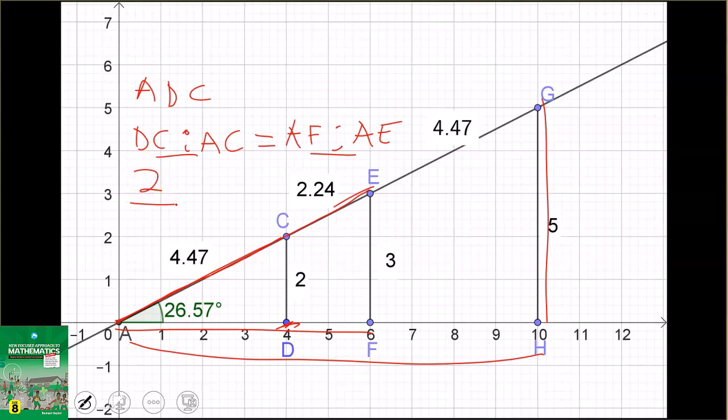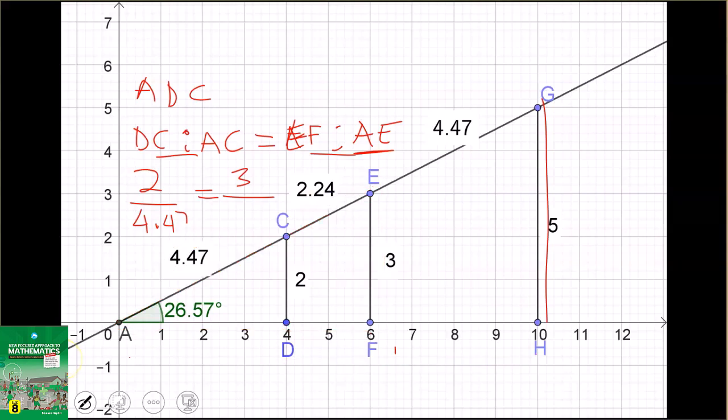If ratio means division, so DC, 2, divided by AC, and the AC is 4.47. I should expect this 2 over 4.47 should be the same as EF. EF, this one, which is 3, also divided by AE, and AE is going to be the addition of 4.47 and 2.24. So when we add, we'll get